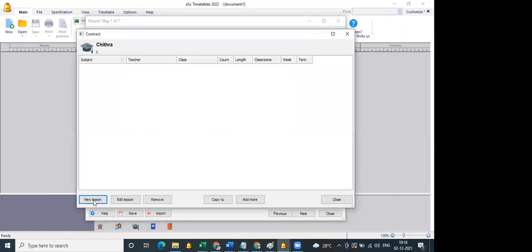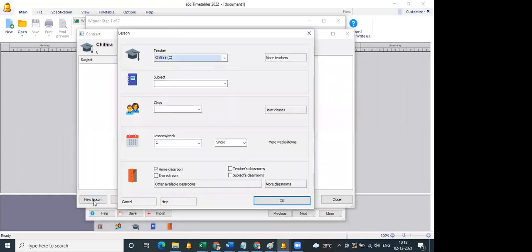So new lesson. So here is where the linking process takes place. So teacher with the subject and with the class. And this is whether it's an entire class or it's a joint class. Joint class we'll see shortly. Lessons per week.